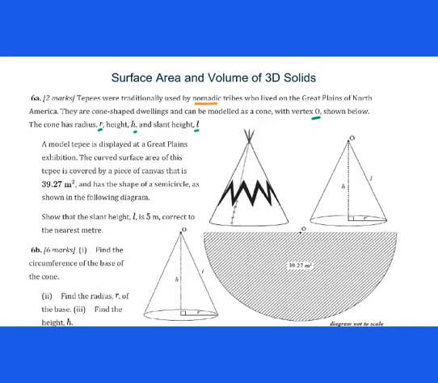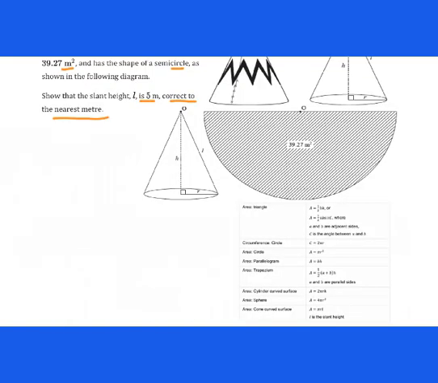A model teepee is displayed at a Great Plains exhibition. The curved surface area of this teepee is covered by a piece of canvas that is 39.27 meters squared and has a shape of a semicircle. As shown in the following diagram, show that the slant height L is 5 meters, correct to the nearest meter. According to the given information, this is a